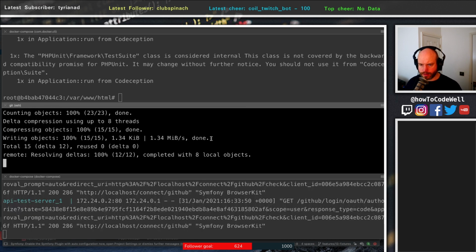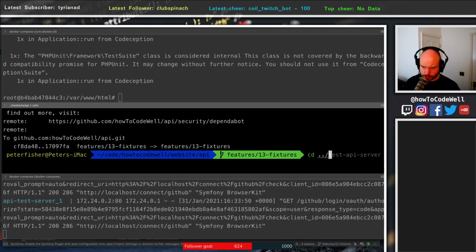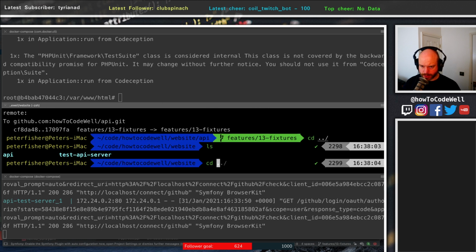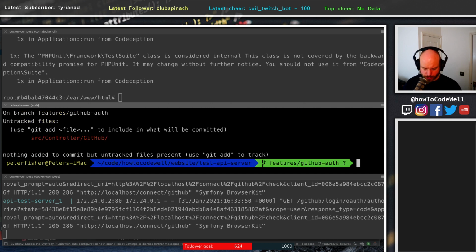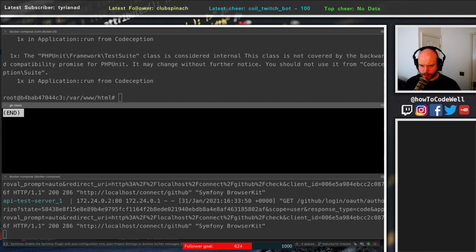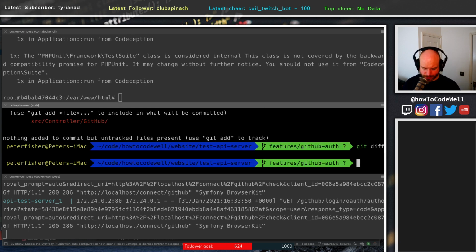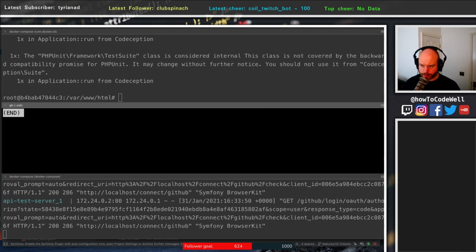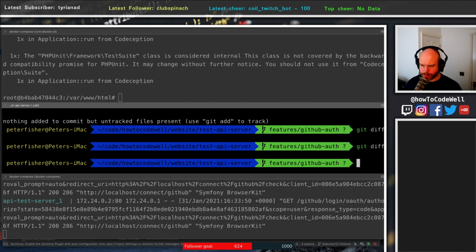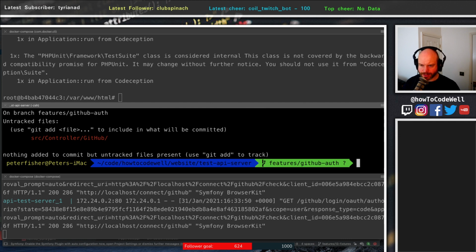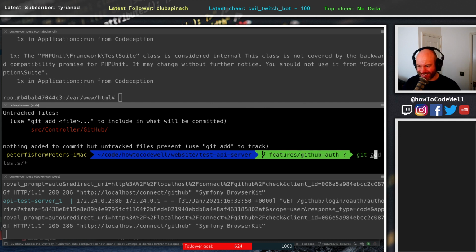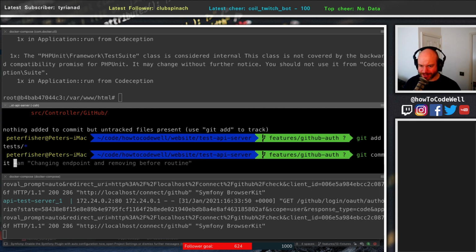Bring that up. And then we will get on to the previous project, which is the test server. And we'll do a git status, and we'll do a git diff. What? Git diff? What do you mean there's nothing there? Hey? Git status. Oh, I need to add it, don't I? Save me. Git commit. I know what it is. -am. Adding